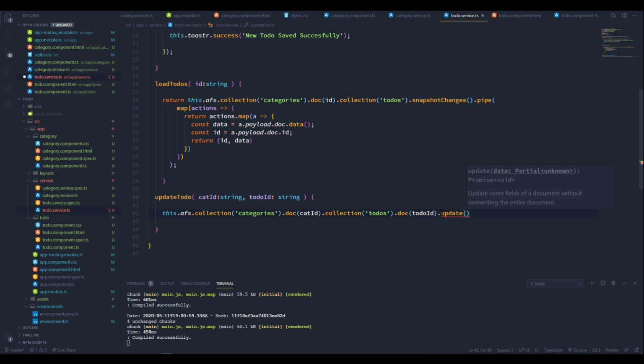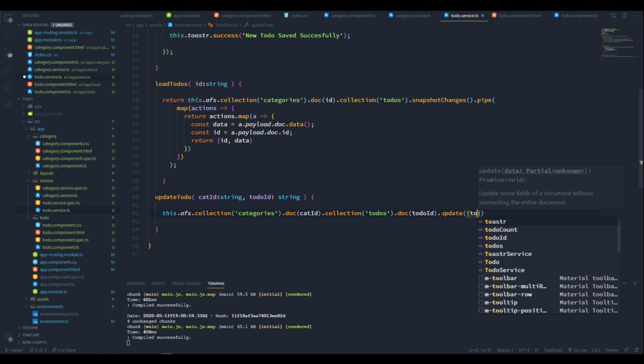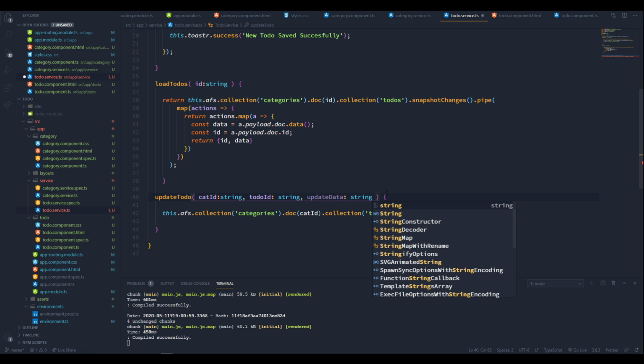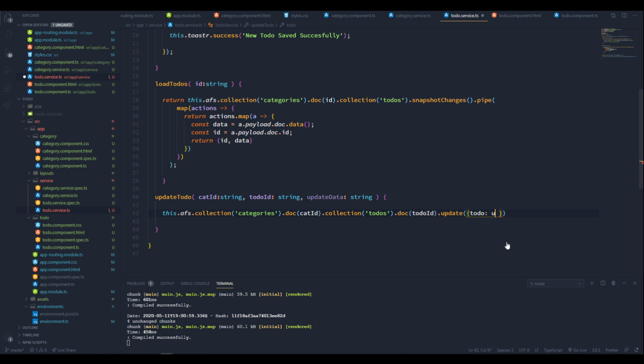Inside these brackets pass the editing field name and the edited value as an object. Inside these curly brackets, the editing field name is todo, colon, and this edited value will be dynamic. Add another parameter for this edited value. So variable name is updatedData, type is string. And pass this as this edited to-do value. Next